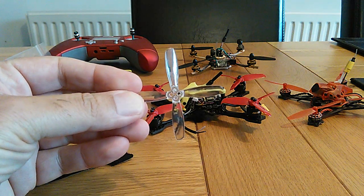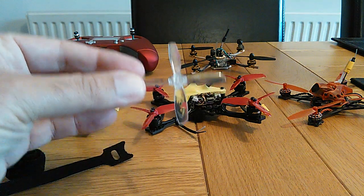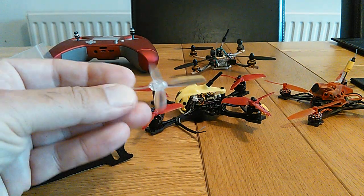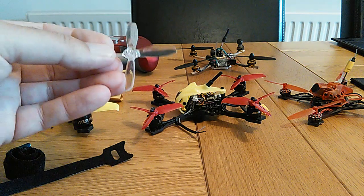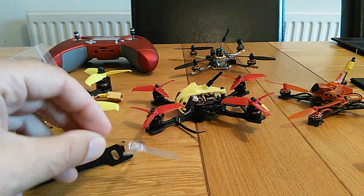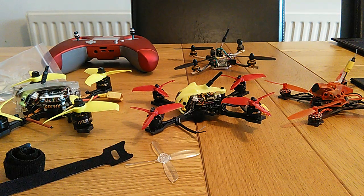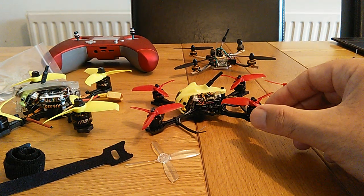Originally, it comes with these props, which, although they fly ever so well, don't hold up very well in a crash. They don't break, but they bend. You bend them back, and you get them as straight as you can, then you end up with a little bit of jello. So not ideal. So what I went for is these 25-40 props,